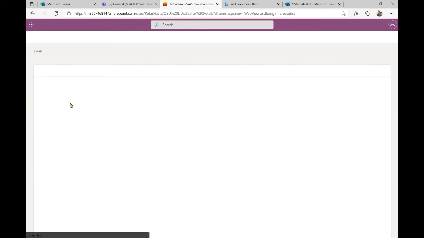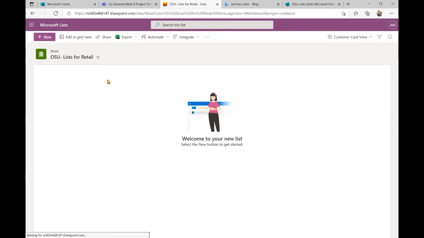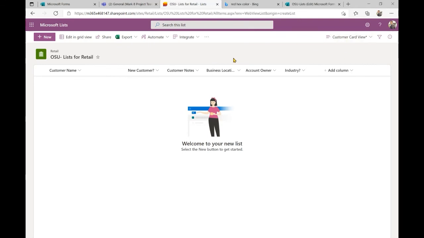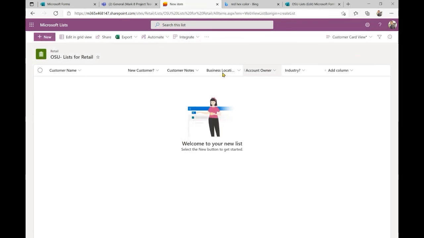And now I've created that same list setup, but it just belongs to a different group of people now. So you'll see once it finishes loading. All of my column headers and all that should transfer over. It's just taking a second. Oh, well, it wasn't in list view, so there you go. So all of that, and now I can create new items, but it just belongs to a completely different group of people now, but it's the same setup, if that makes sense. Okay.